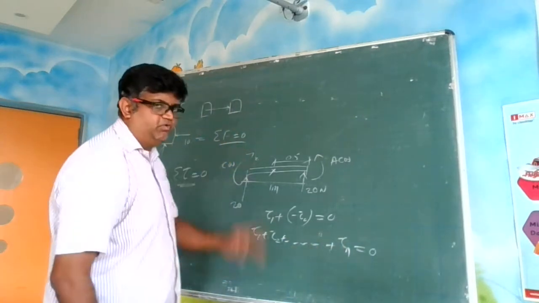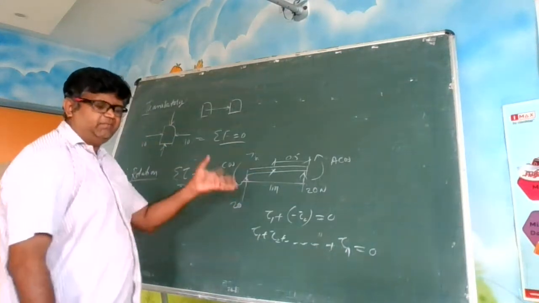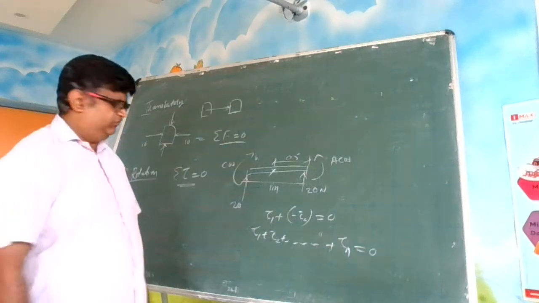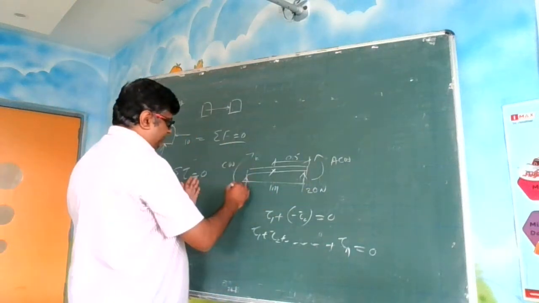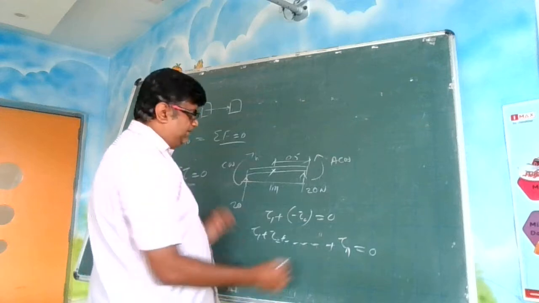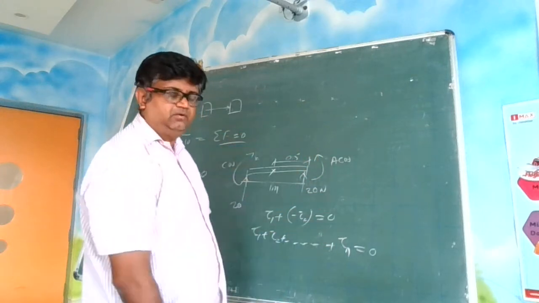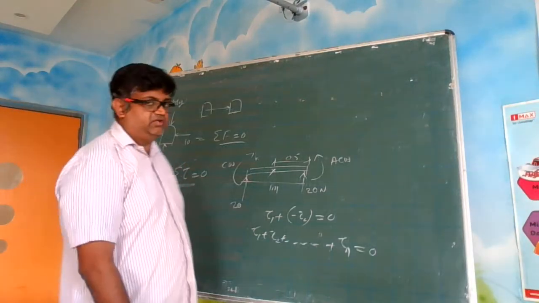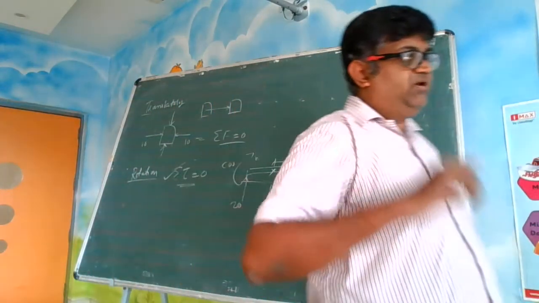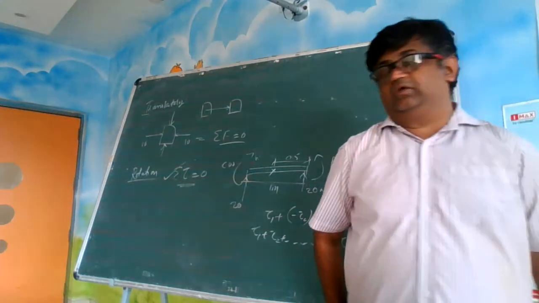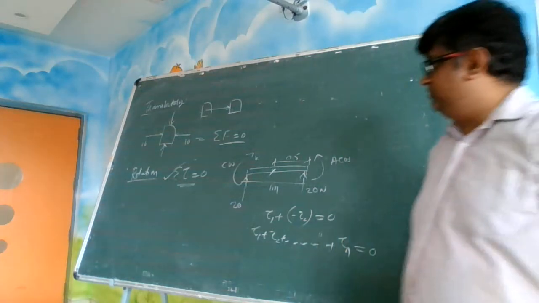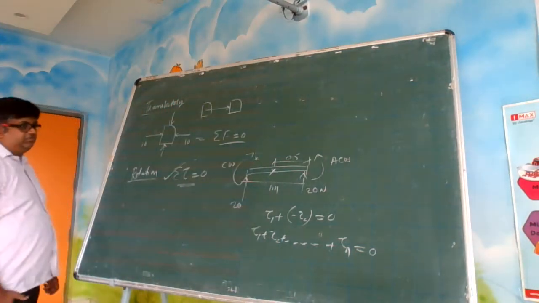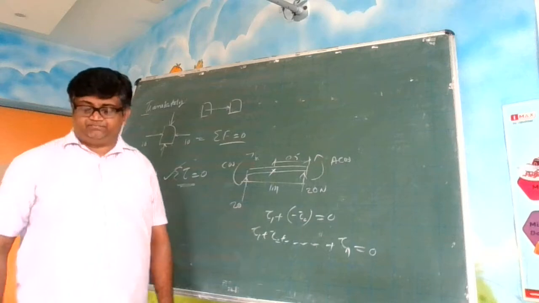You are saying that it won't move. There can be 2 torques, there can be 4 torques, there can be 5 torques, there can be 100 torques. 50 torques in the clockwise direction, 50 torques in the anti-clockwise direction, and both are balancing each other. What will happen? Will it rotate? It won't rotate. That is why we apply this condition. So whenever you think about rotational equilibrium, what should come to your mind first? Sigma torque is equal to 0. So this is a very important condition. Remember that.